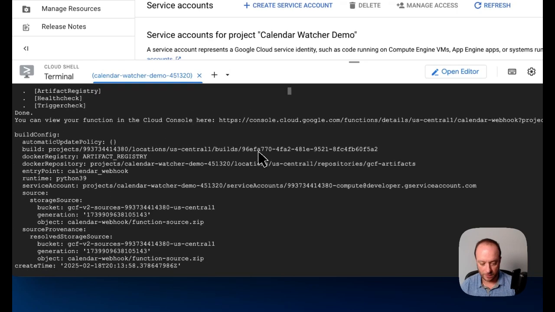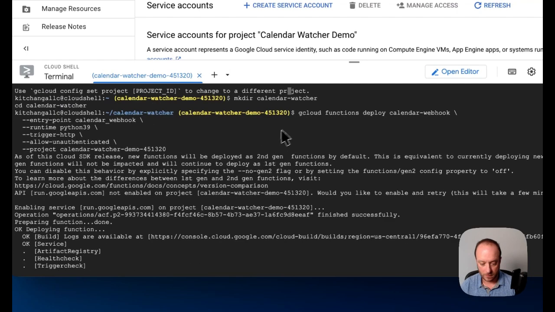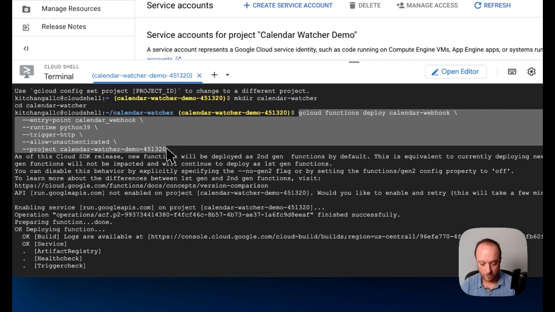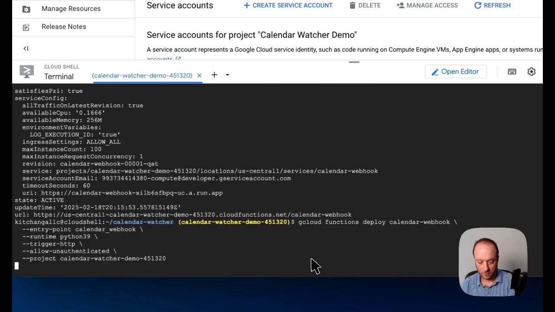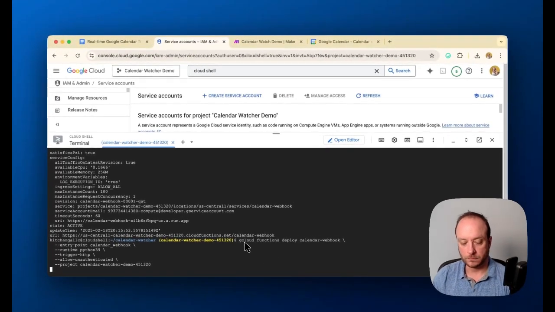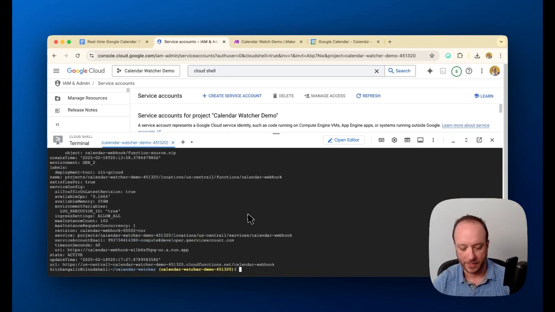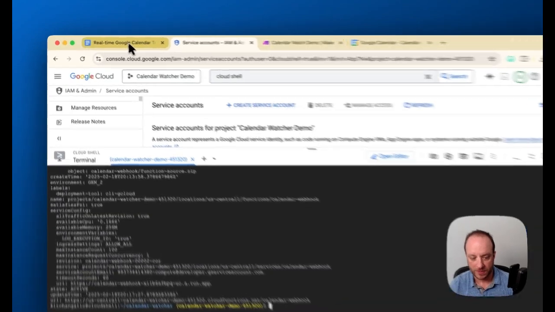So let's see, grab the code. Okay. Do this one more time. Okay. There we go. Now that we have that running, now we can deploy the second part of it,